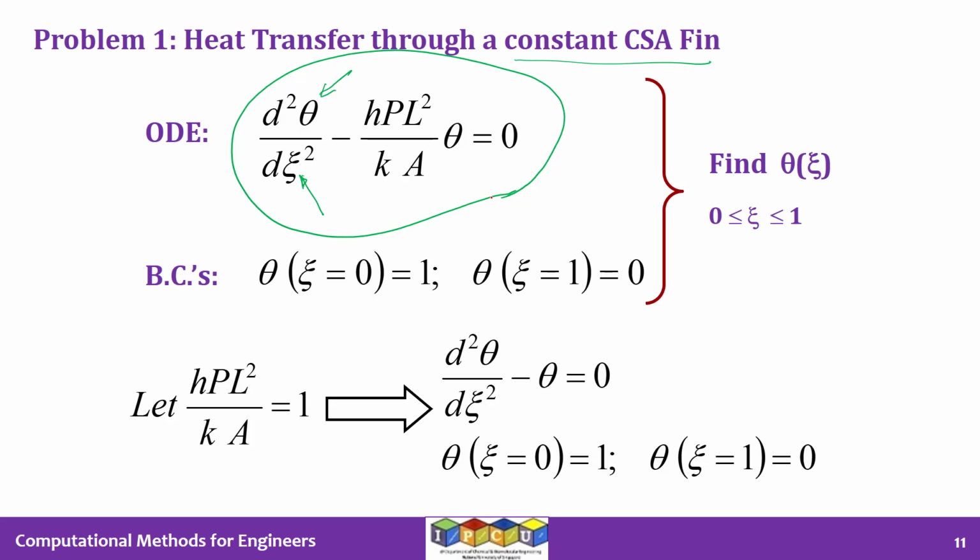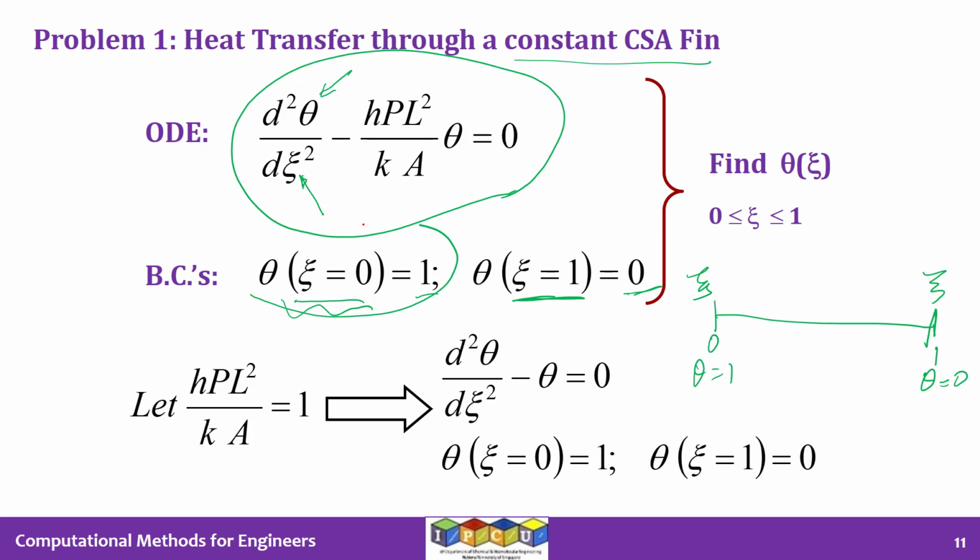And the associated boundary conditions are given to be theta equals 1 at psi is equal to 0. This is the left boundary, and theta is given to be 0 at psi is equal to 1, which is the right boundary. So psi is equal to 0 is the left boundary, psi is equal to 1 is the right boundary, and theta at this point is 1, theta at this point is given to be 0. So these are the boundary conditions that are given. Using all this information, the boundary conditions and the governing ordinary differential equation, we are to find out theta as a function of psi numerically.